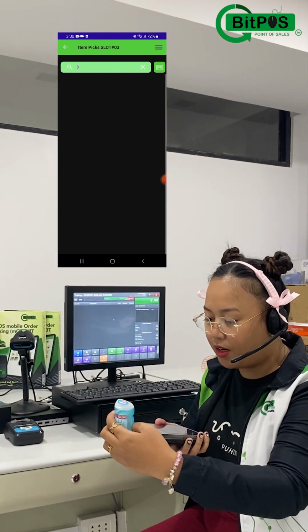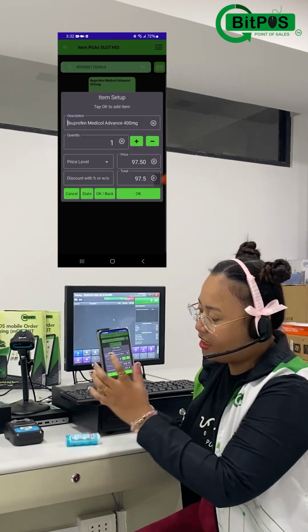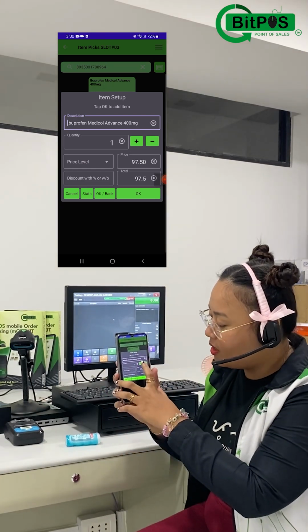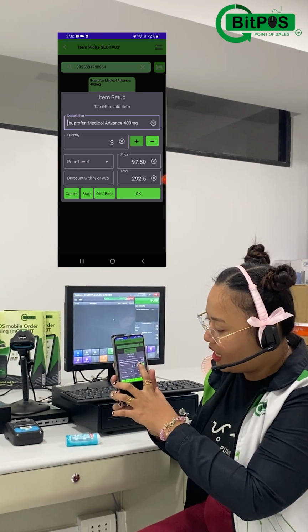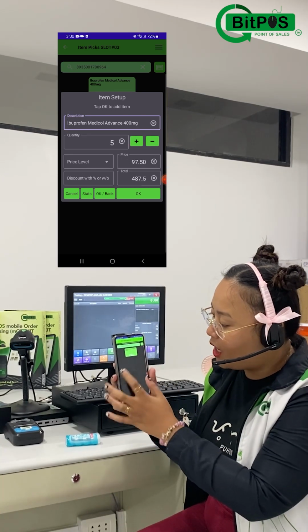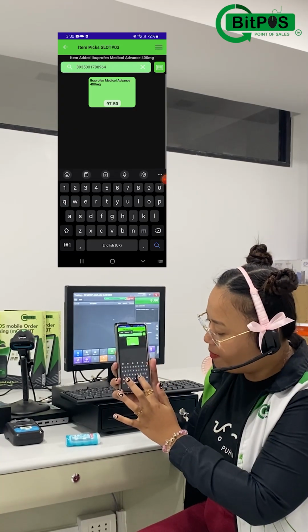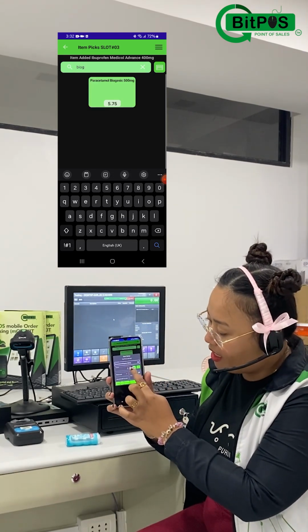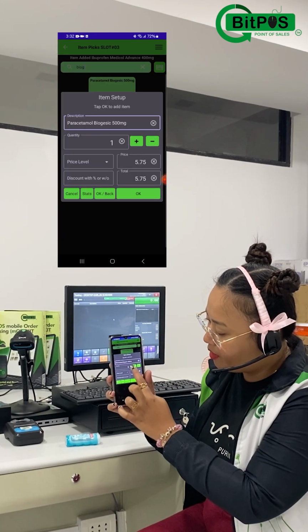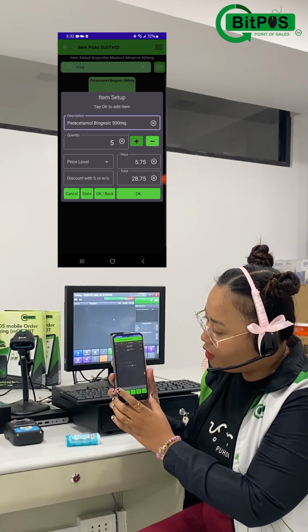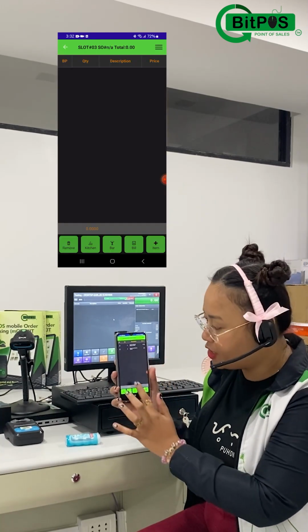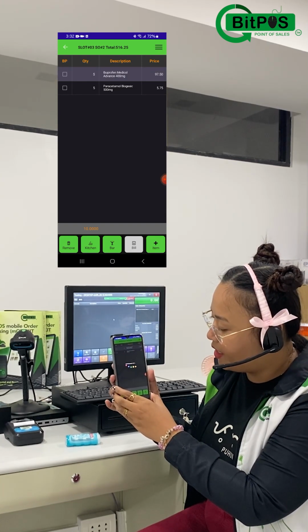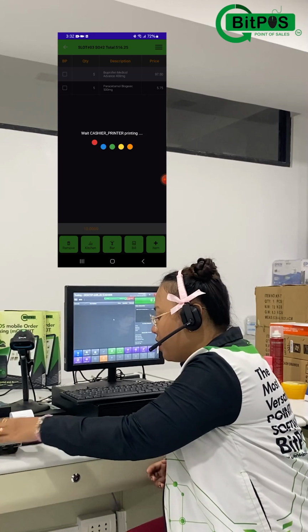I'll just scan this one and automatically this item will appear and I can now input the number of quantity that they want to order. So let's say I have 5 of this and then tap OK. If I want to add many more items, I can just type the name of the item, example, Biogesic, and automatically it will appear. And then I'm going to input the quantity and then tap OK. Here, you will see the list of products that we have punched. You can now tap bill for the total amount breakdown here for the cashiering side to fetch.